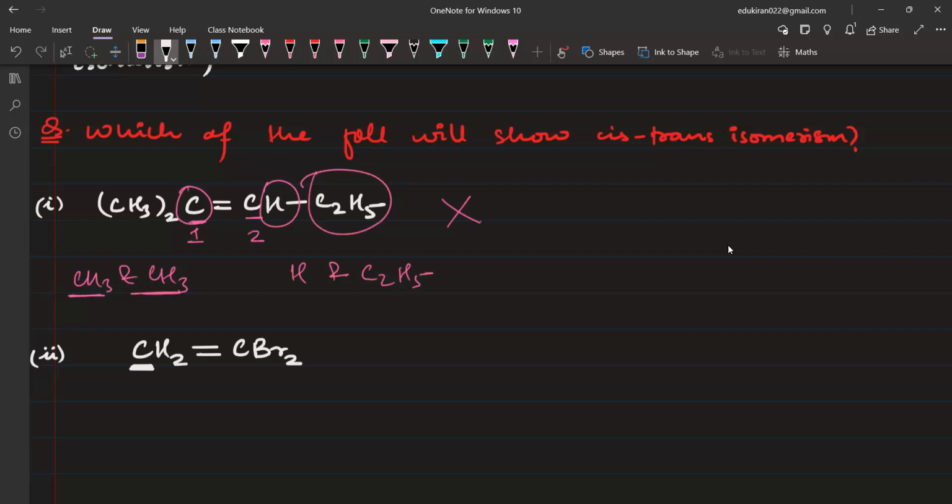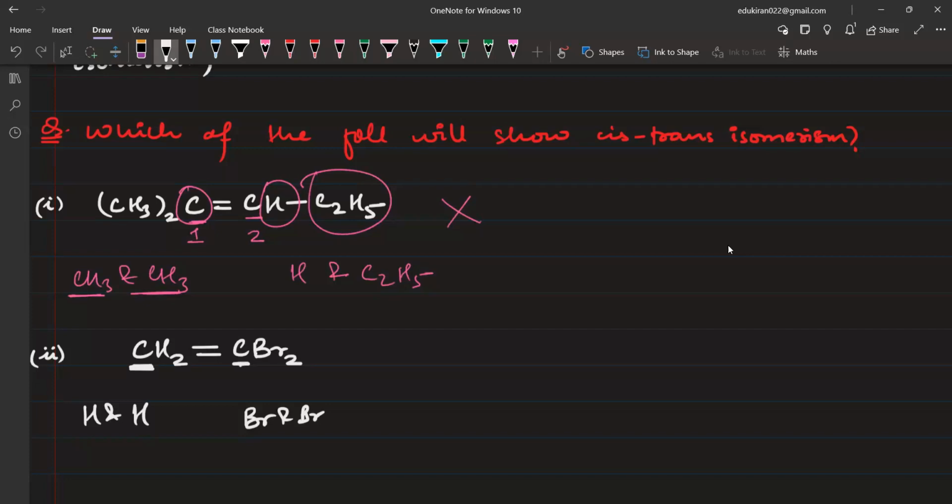No, you're not audible. Alia, tell me what groups or atoms are attached on this carbon atom? Two hydrogen. Hydrogen and hydrogen. और यहाँ पे इस कार्बन आटम पे क्या है? Bromine. Two bromine. Yeah. ब्रोमीन एंड ब्रोमीन, है ना? तो यहाँ पे भी क्या है? एक कार्बन आटम पे भी अगर आपके पास सेम ग्रुप्स आ गए, देन इट इज नॉट गोइंग टू शो सिस